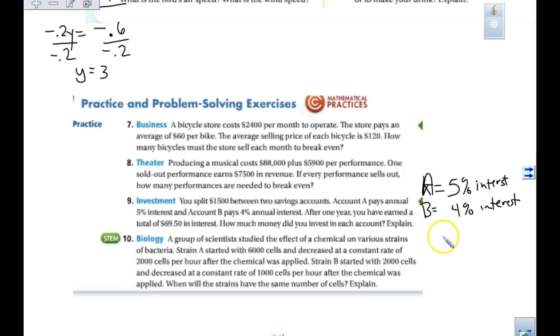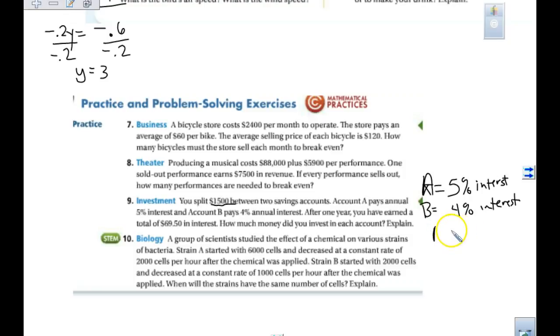Avery, what do you think? Number 9, our total investments being 1,500. Count A and B together. Let's do the one that totals 1,500 equals